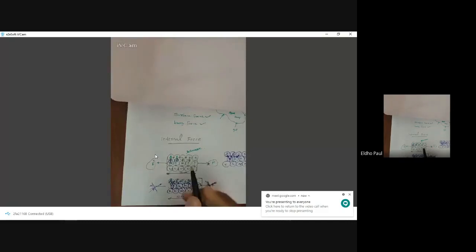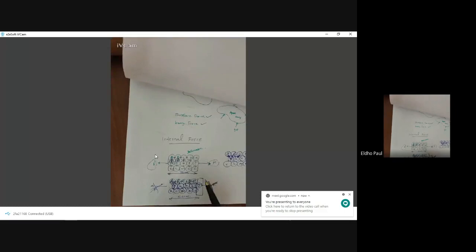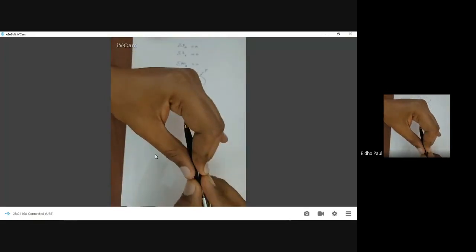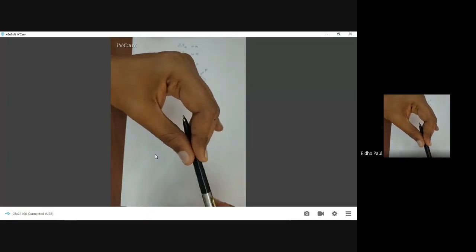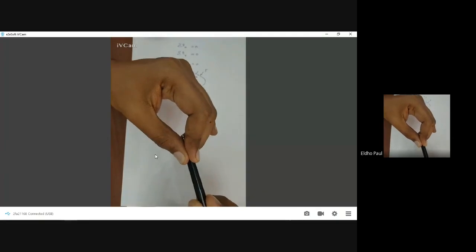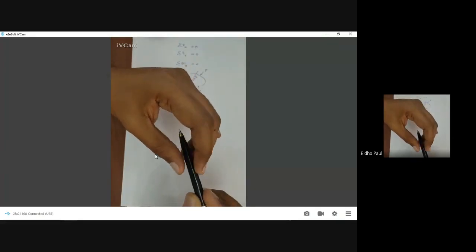Okay, so this internal force will be developed across the cross section, and this internal force tries to resist the external force acting on the body, and it also tries to resist the deformation of the body. Okay, so when we apply some amount of force, for example, here I am applying a force on this pen, and when I apply 10 Newton force on this pen, we cannot see any type of deformation for this pen. Okay, how is this deformation arrested on this pen?